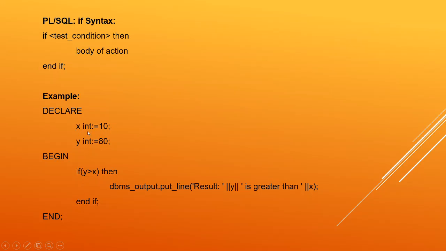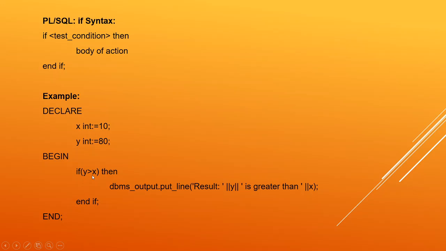You understood what it means? The variable name, its data type, and colon equal to. We use colon equal to in order to assign. The assignment operator in PL/SQL is colon equal to. All right, then we say begin, and the assignment happens. So in the begin, we write all the executable statements, if condition, whatever condition you want to write.